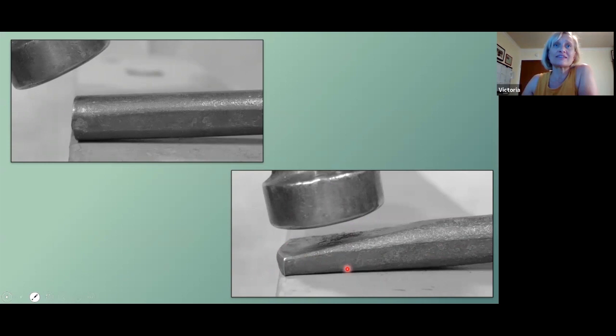Now, if you'll notice, we're not removing any material before we get started on this taper, which is all a chisel point is, a taper. We want this to be as wide as possible. So no need to remove any material ahead of time. So once you have your flats, and you've lined up your line of sight properly, you're going to make your point. And just go ahead and get that chisel point started